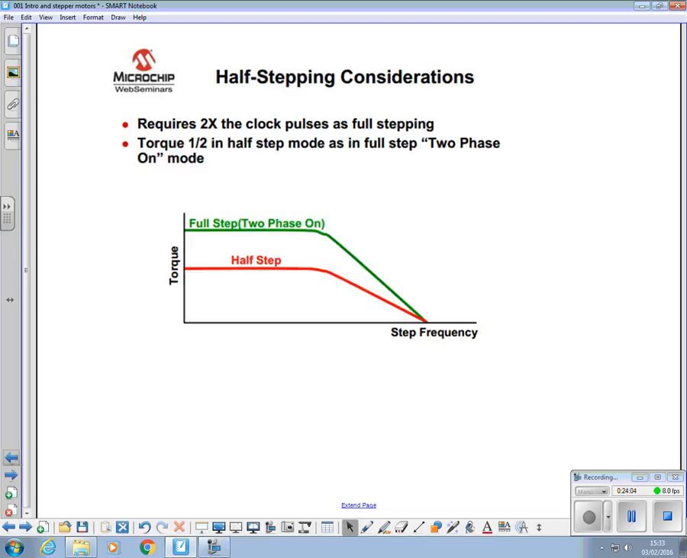Now I thought there was more to that than that. Let's just